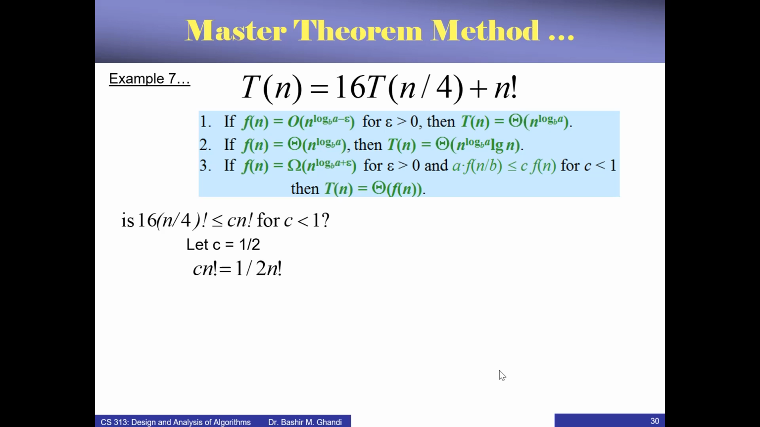So if you take c to be half, then c n factorial will be equal to half n factorial. And clearly, half n factorial is greater than n over 2 factorial, because this we are finding the complete n factorial and then just dividing it by 2. But here we will find the factorial of n over 2, so it's going to be much smaller number. So based on this, if we now substitute back to our inequality here, we will be able to say